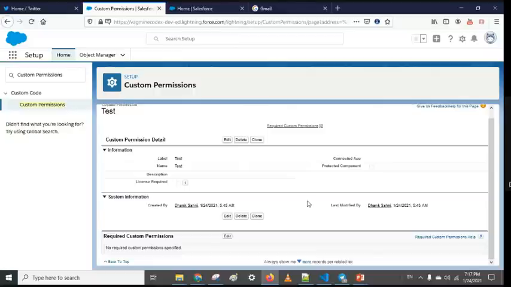Custom permission is normally used when you want to go with code-based permissions for a specific user or set. For example, you have different profile users: one for the sales agent, one for the supervisors. For these two profiles, you want that particular code to only work with this custom permission. There you can create a custom permission and just put that in the code: when this user has this particular permission, then run this code, otherwise don't run.